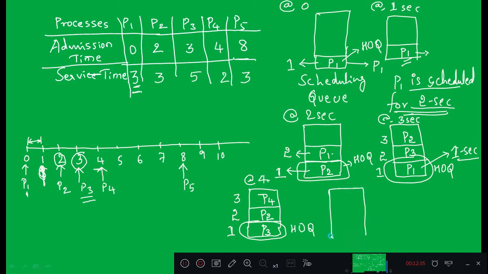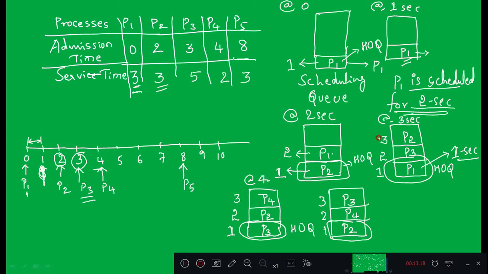Next, P3 executes for 1 second, right? Then it will be preempted, and the next turn is P2, which is numbered as 1. Next P4, and the preempted process will be kept next, which is 3. So 1, 2, 3, right? P3 is scheduled once, P2 is scheduled once, and now P2 is going to be scheduled again, right? What is the service time of P2? It is equal to 3. So until P2 gets scheduled for 3 seconds, it will not complete its execution. The complete execution of P2 will not be over, right?